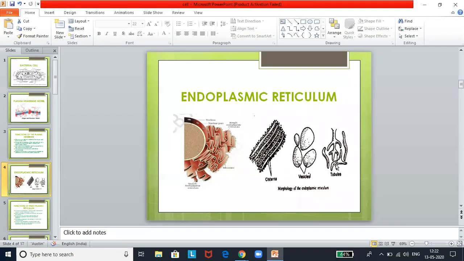Now, if you look at the membrane of endoplasmic reticulum, it is also made up of proteins and lipids. It is referred to as the unit membrane. Some of these membranes have tiny granular particles called ribosomes attached to it. When the ribosome is attached to it, it is called rough endoplasmic reticulum, and those without ribosomes are known as smooth endoplasmic reticulum. And ribosomes will also occur freely in the cytoplasm.